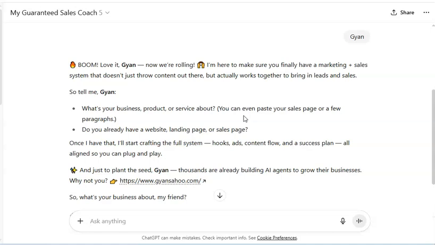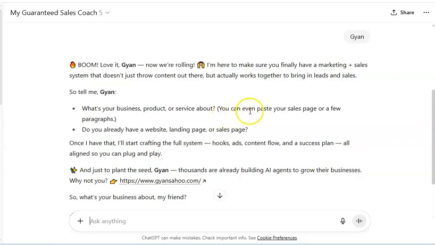And also it will generate the scripts which you can use to create your Instagram post, LinkedIn post, or Facebook post, and it will also give you the script for videos. So this is a complete marketing system. Okay, so you have two options. You can describe your product, business, or service.